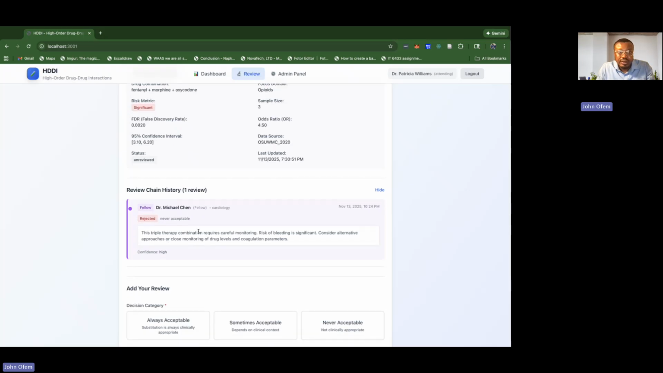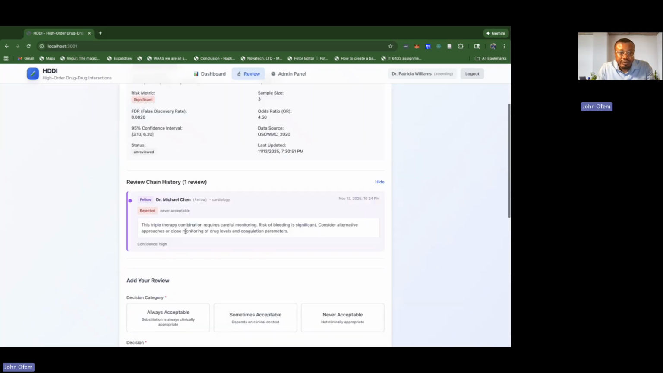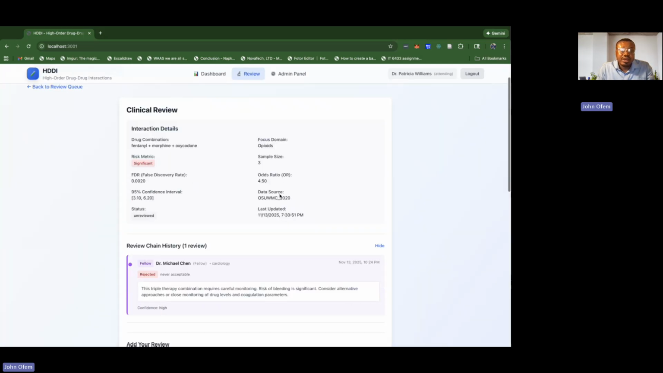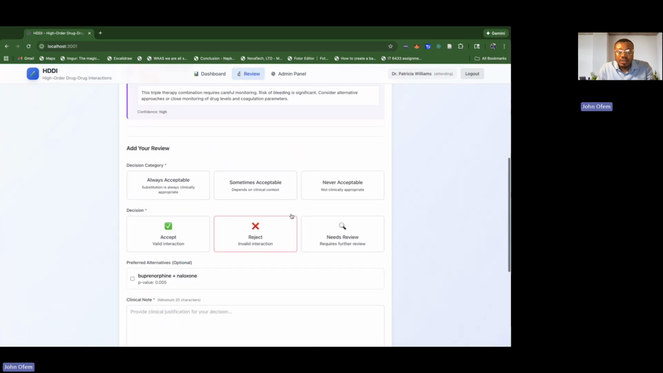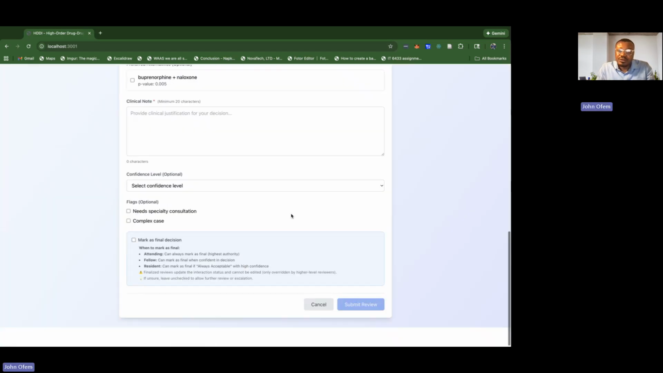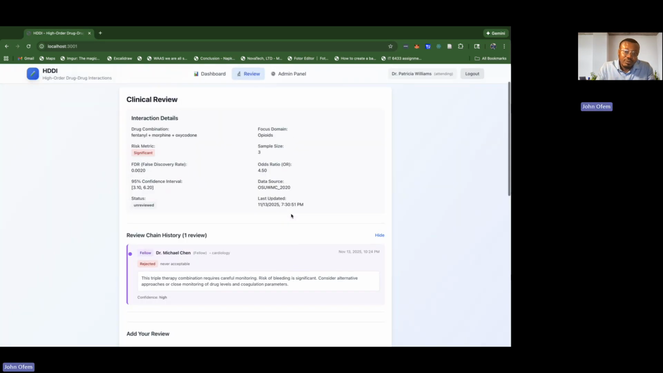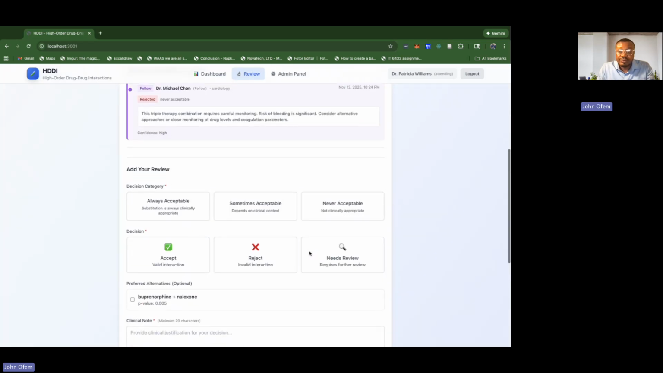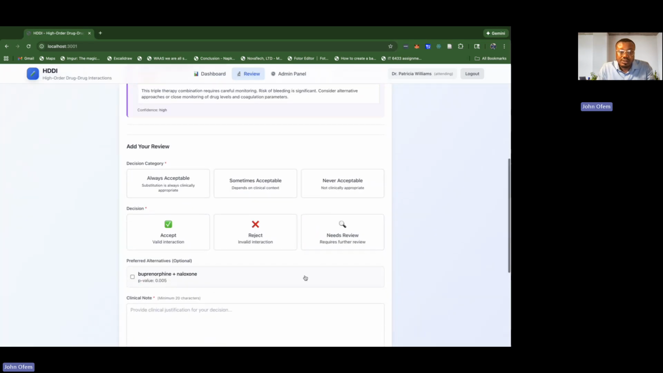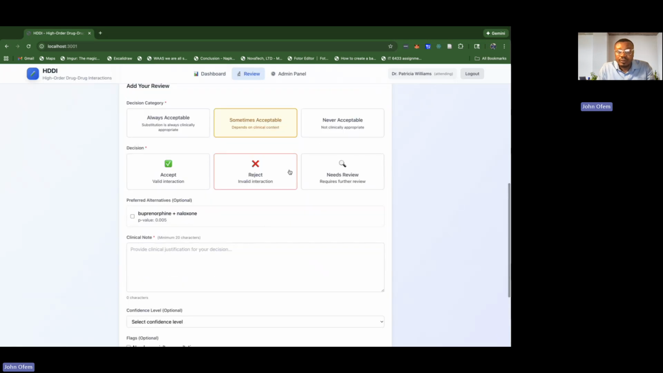Right here on the review chain history, you can see we have this review that was rejected by Dr. Michael Chen with the information right here, the clinical notes and all that information. So I, as Dr. Patricia Williams, can decide to make another review based off of this review, or this combination. After maybe I feel something different is supposed to be done on this, I can come here and say maybe sometimes acceptable,